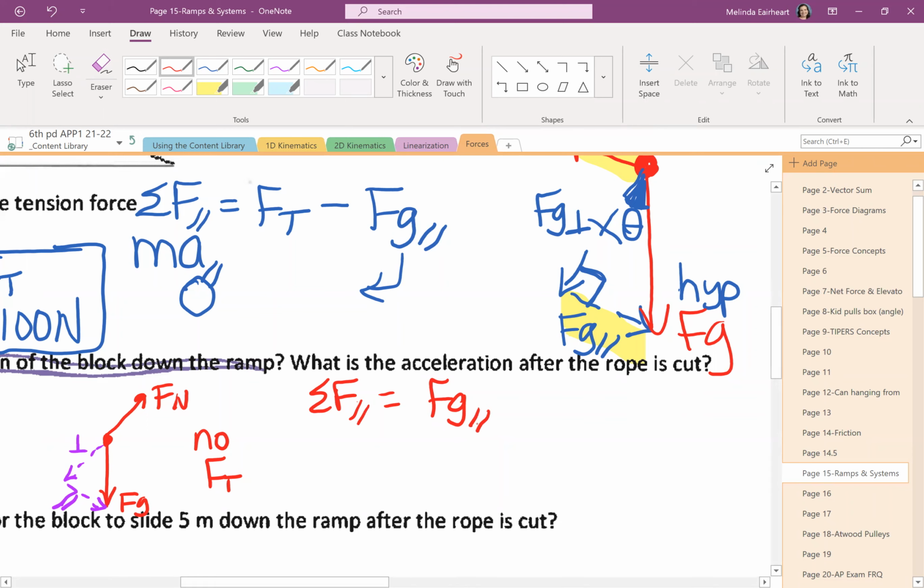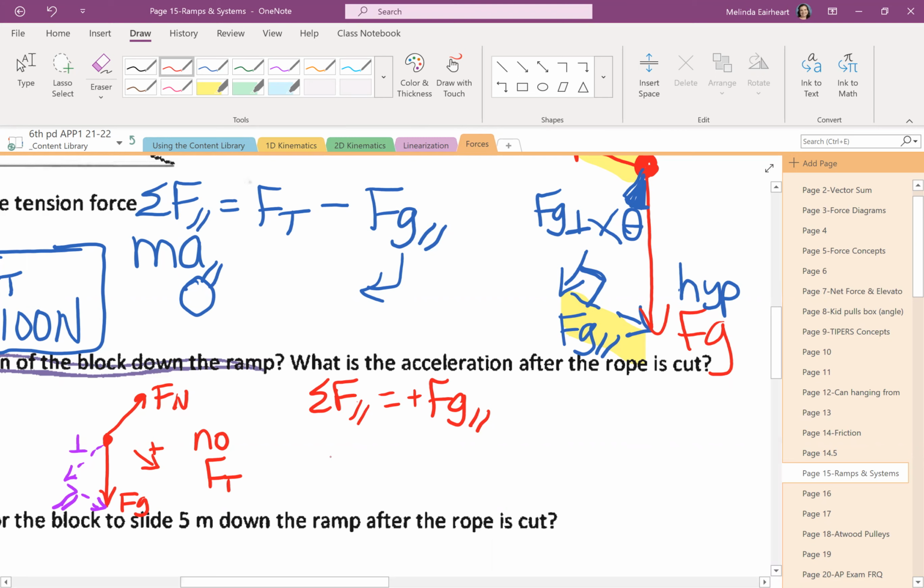And since we're moving now, I hate to contradict my prior statement, but is the box ever going to go up the ramp in this problem? Maybe earlier we could have pulled it up the ramp. Maybe we give it a quick push up the ramp, but none of that was presented. And so if you want to say down is positive, as long as you let your grader know that you're making a change, it's fine. And so if it goes down, then I can just say a positive FG parallel. It's going to go forward down the ramp. F net equals